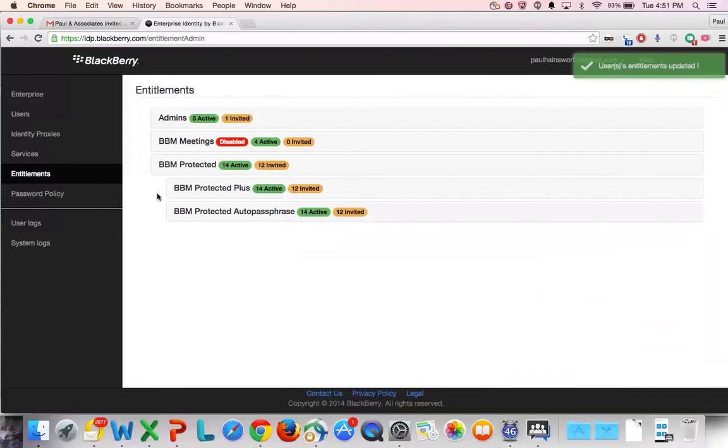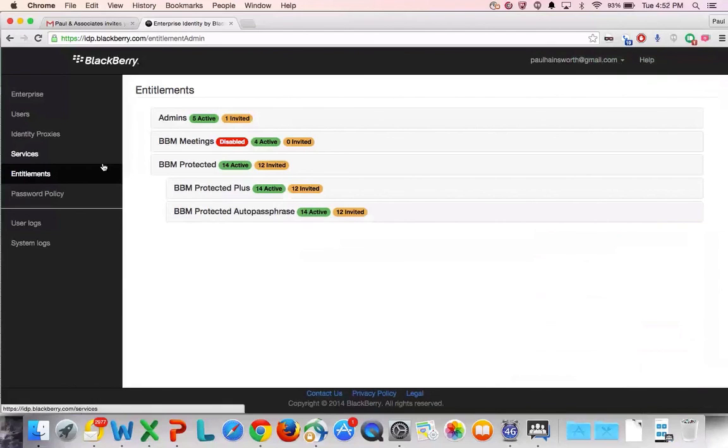When you do this, BBM Protected will be turned off for that user. Any additional policies, such as Protected Plus or Auto Passphrase that you have applied to that user, will be revoked at the same time. If you wish to remove a user altogether from your enterprise, click on the User option